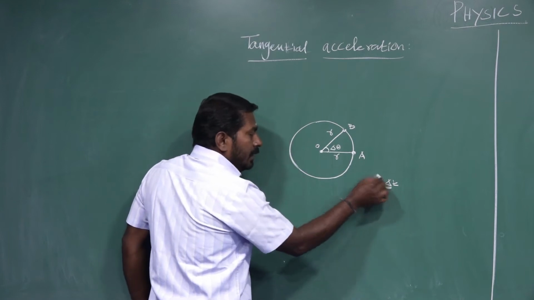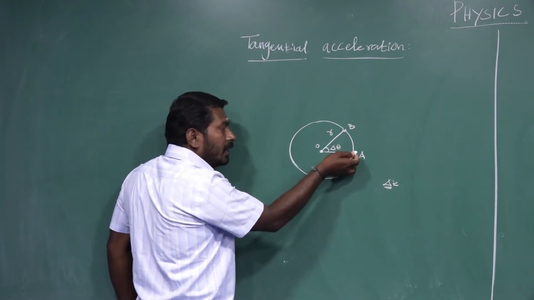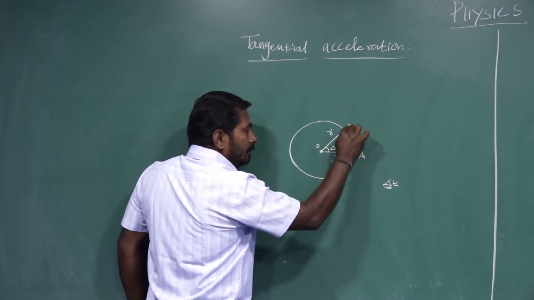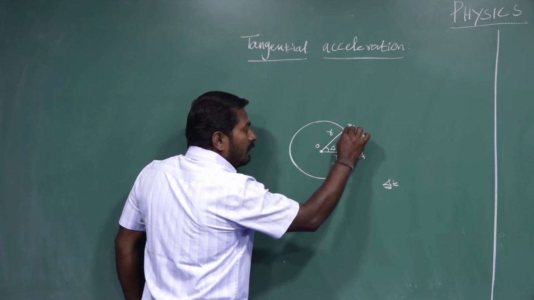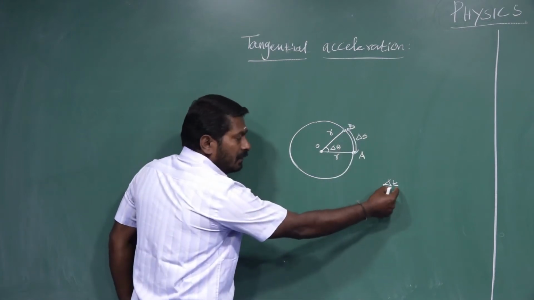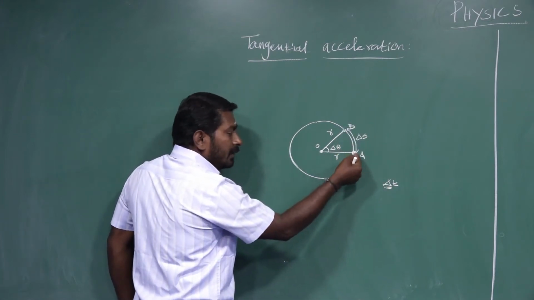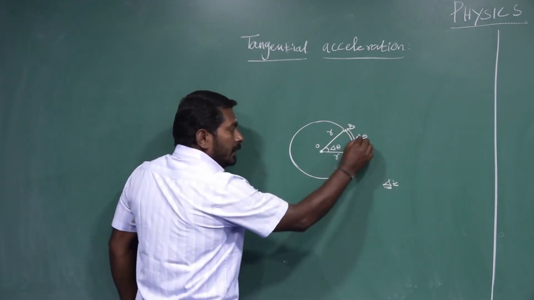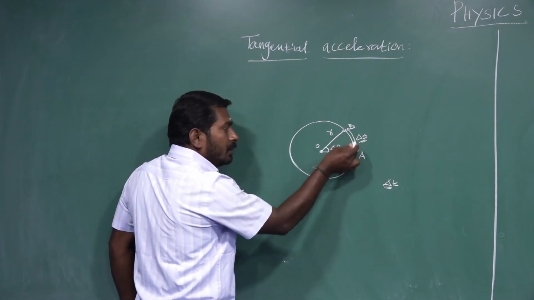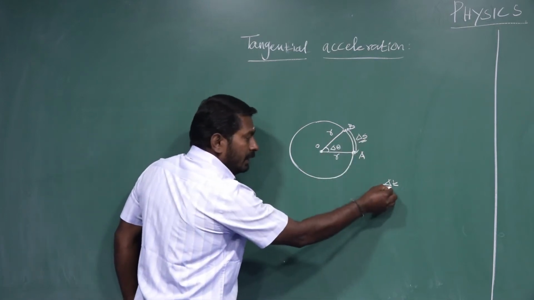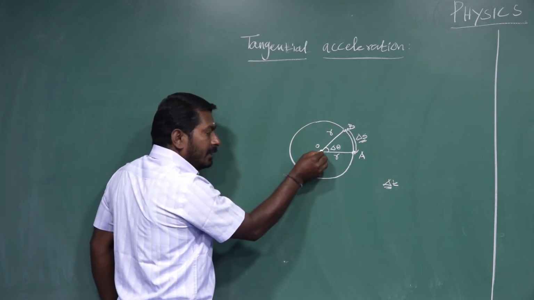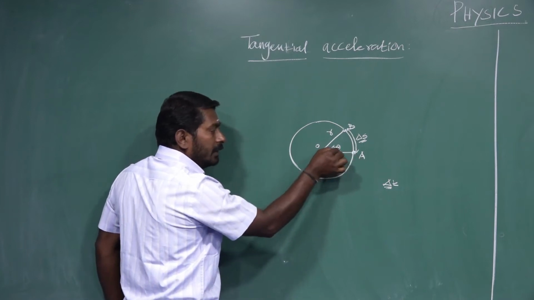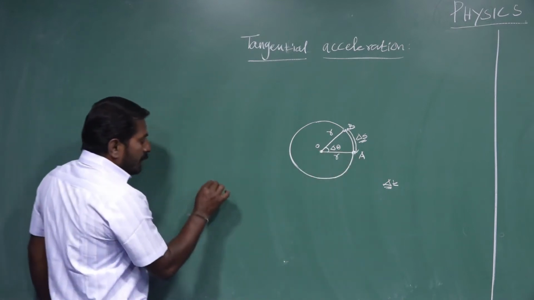Within a time interval del t, the point object covers a circular arc of length delta s. This is the path covered by the point object on the circumference of the circle, moving from point A to point B, within time interval del t. So delta s is the arc length covered by the point object. Then the angle subtended at the center of the circular path between the two positions of the point object is delta theta. We know that